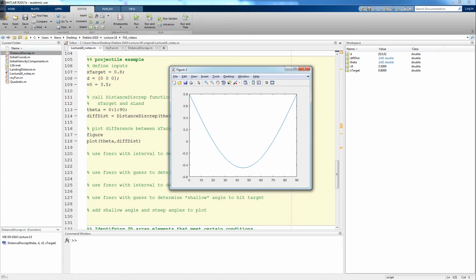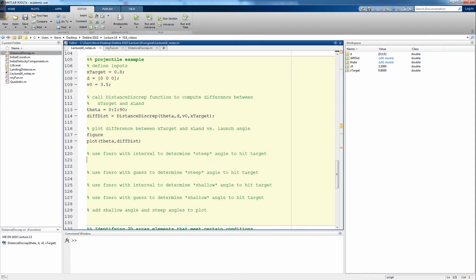We're going to use an interval, so it seems to me that an interval of 45 to 90 would probably be a good choice in this case. So let's create a variable called steep angle. Again, this is presumably going to be the steep angle that will hit that target at 0.8 meters. So we will call fzero, and we need to pass it a function handle. So we can just create a function handle right here to our distance